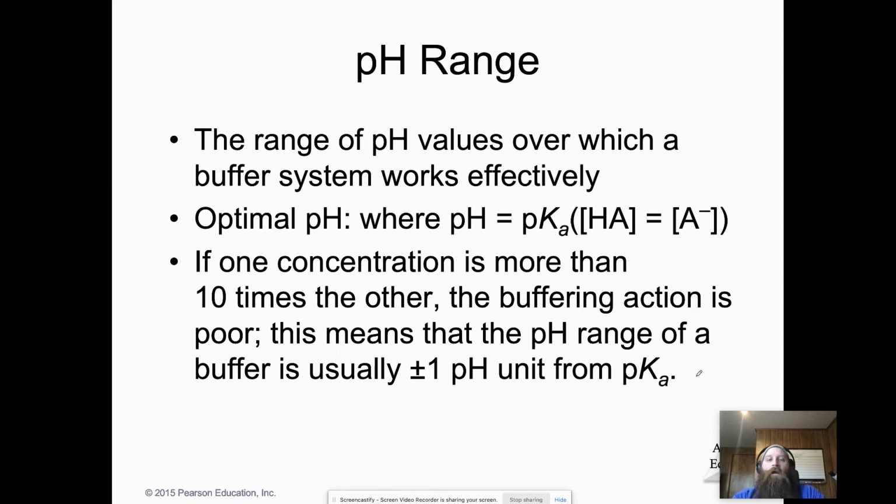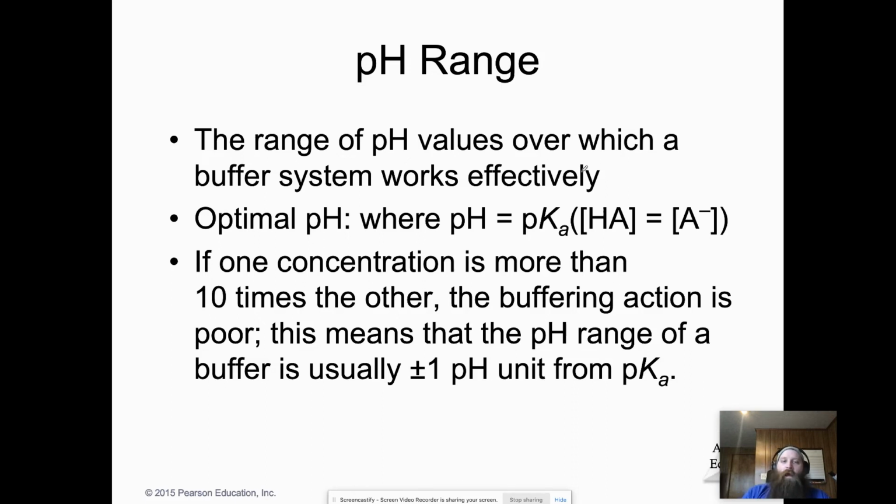to change. Now, when we look at buffers in specific instances, like buffer X or buffer Y, there's going to be a pH range over which that buffer is going to be effective. The optimal pH is going to be the pH at pKa, where the HA and the A minus anion concentrations are equal to each other. If one concentration is more than 10 times the other, that means the buffering action is poor. So you can usually rule of thumb it as 1 pH unit from pKa is going to be the